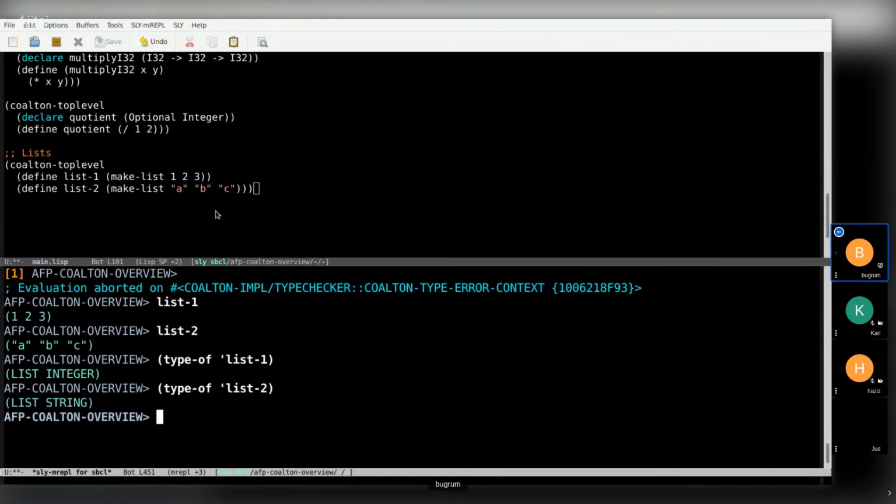But the one thing that I wanted to show you with this example, and this is why I want to look at this a little bit more in detail, is list 1 and list 2 actually gives you the full signature of the type. Okay, so when you do type of list 1, you can notice that all of the values are integers, which means the actual underlying type of it is a list of an integer and the list of a string accordingly. If you attempt to actually even remotely create a heterogeneous list like Lisp, you're going to end up getting